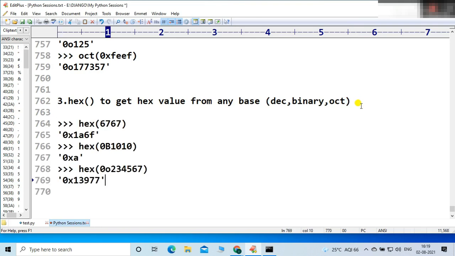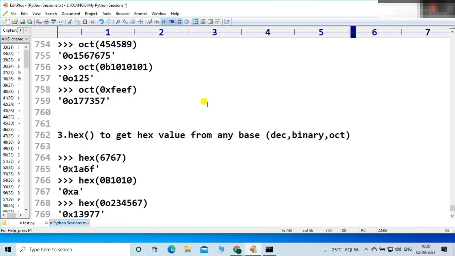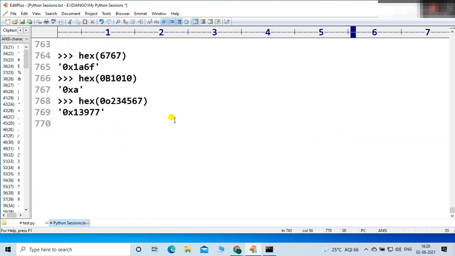Suppose your requirement is to convert your number from any base to any base. These three techniques are mostly used for any base to any base conversion, friends. So very easy. Here we have completed the first data type, the name is integer. The integer data type we have covered.